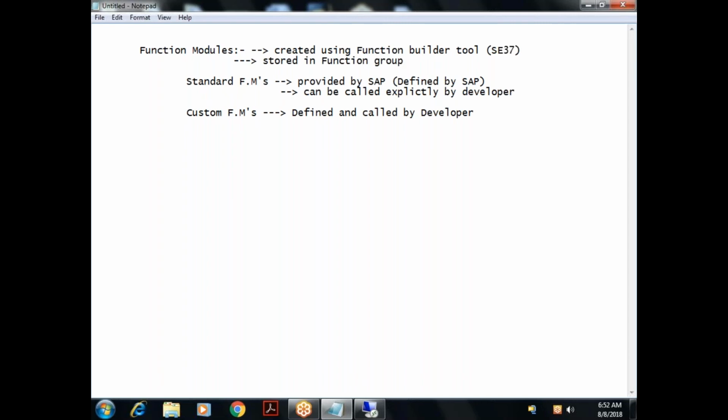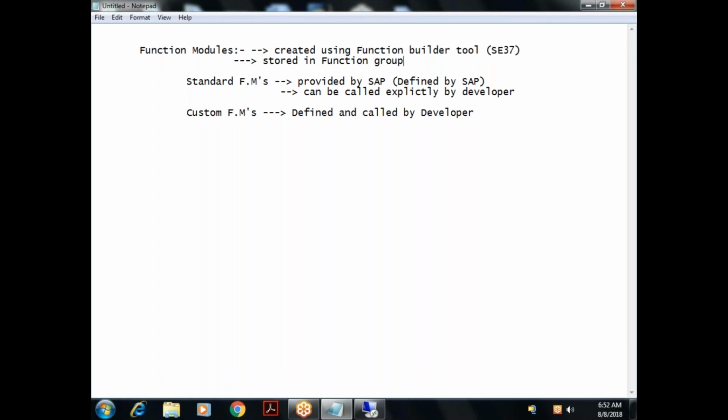Just like yesterday we saw, external subroutines are stored inside a subroutine pool. Subroutine pool is a repository object which is a container of external subroutines. Similarly, a function group is a container of function modules.